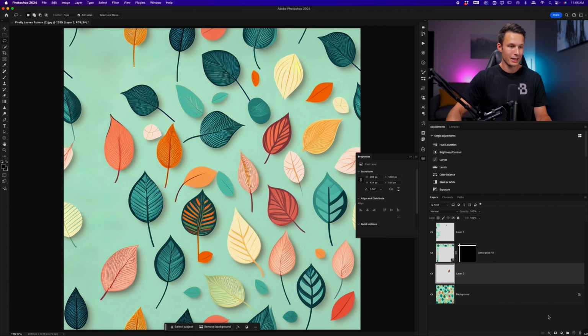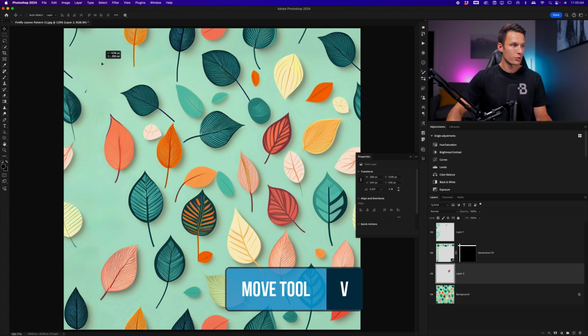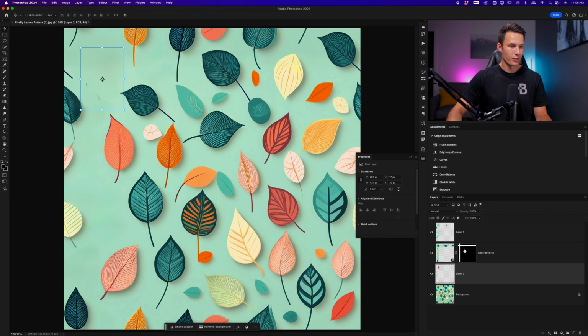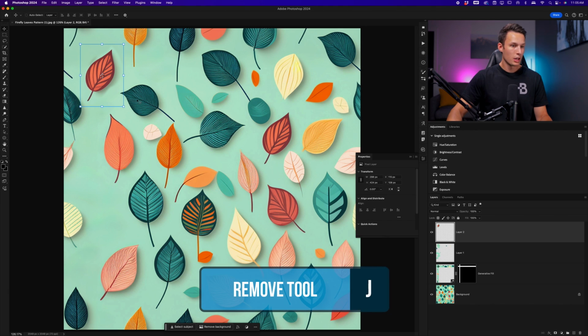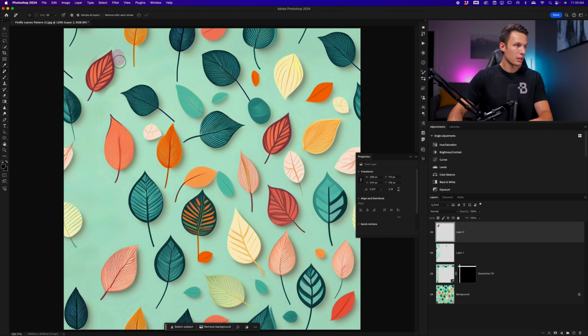That'll duplicate that leaf onto its own layer, and we can move it with the move tool into a new position. I'll move it to the top of the layer stack so it blends in there. With the help of the remove tool, once again pressing J, we can just blend in some of these outer edges.